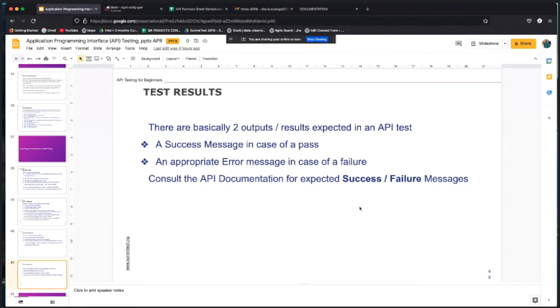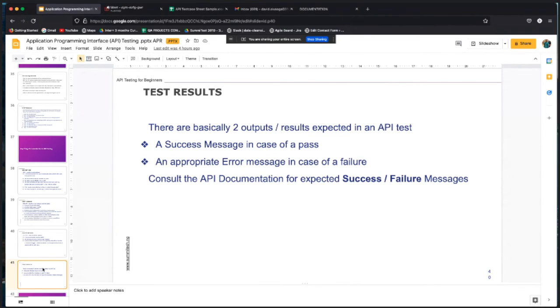We check for the success message in case of pass, and we also check the appropriate error in case of failure. Then we consult the API documentation for expected success and failure messages, like with the sample we performed earlier.